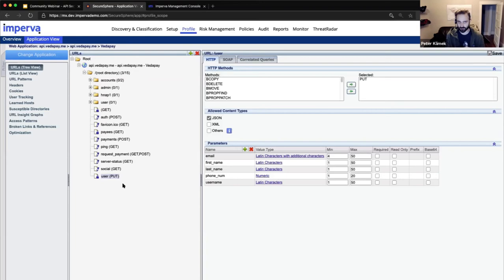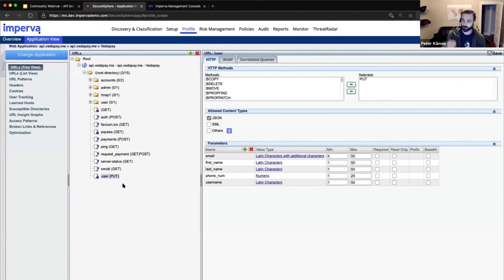I'll show you in a second what I mean by some tuning specifically for REST APIs, because it's not the most intuitive thing in the world to do. But ultimately, one of the great things is you can also create and update some of these things manually. So if you know exactly what you're looking for, and especially if you have to lock down this type of vulnerability after the fact where it's already been identified, then it's pretty easy